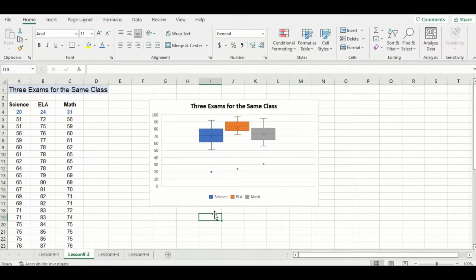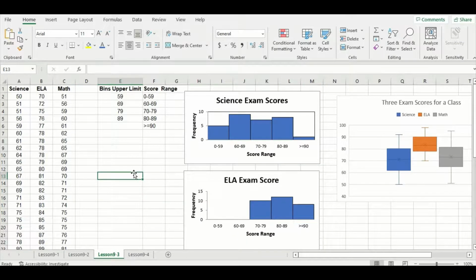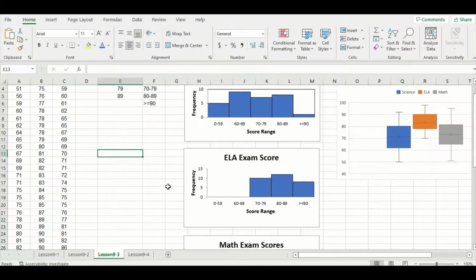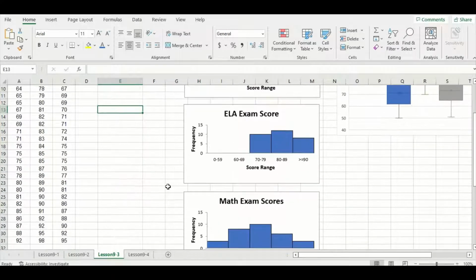plot. Now you might remember from lesson 8 where we went over the histogram chart. Histograms and box plots are both different types of distribution charts. So let's look at the 3 exam scores in a histogram chart. Alright, so I already have the 3 histograms created here. One for the science exam scores, the second one is for the ELA exam scores, and the third is for